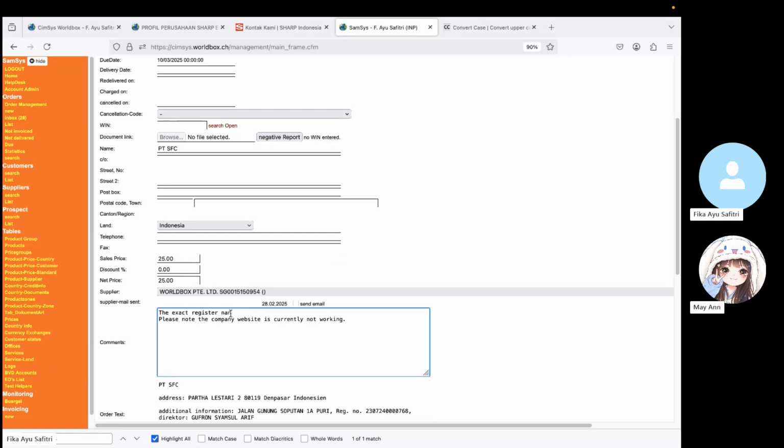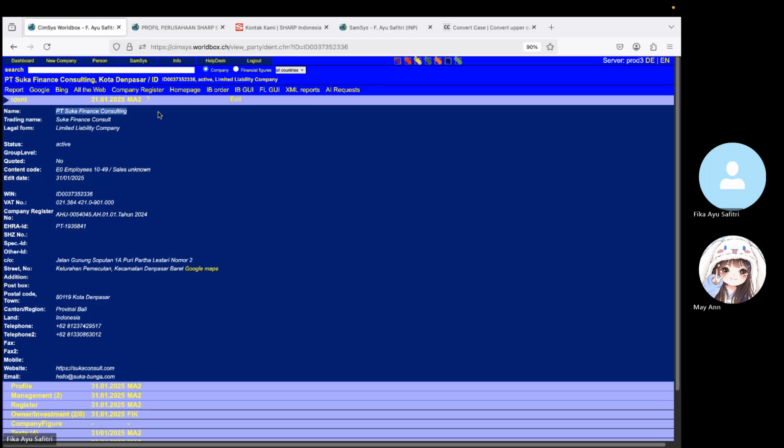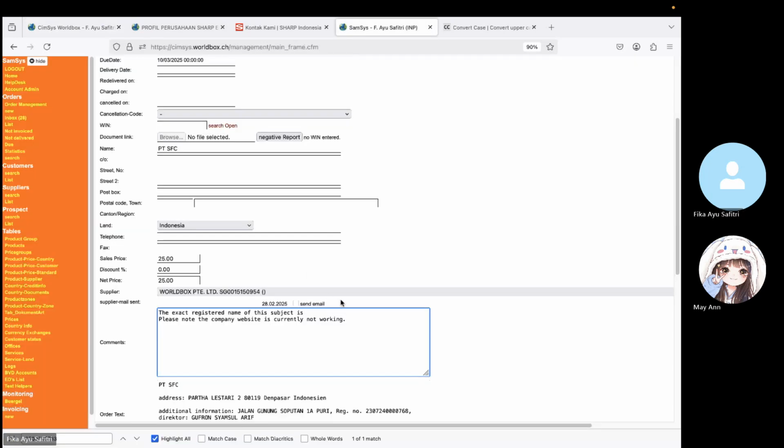The exact registered name of the subject. You can change this into the subject. Is that one? Yes. The exact registered name of the subject is PT Suka.